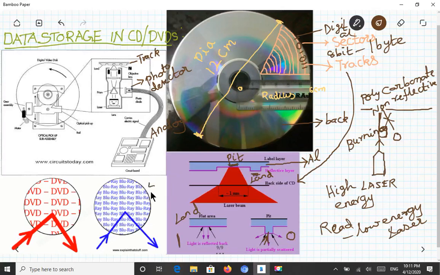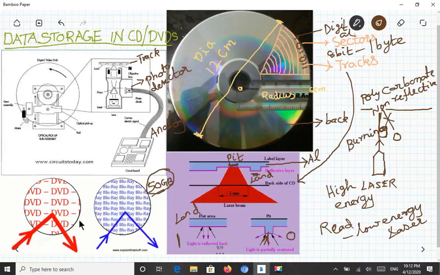which stores up to 50 GB. So that's what I recently know. So 30 to 50 GB. 50 GB normally the Blu-ray disc can store. So how has this much data been stored, and what is the difference between CD, DVD and Blu-ray disc, and why can we store this much data in a Blu-ray disc but cannot in a CD? So what is the difference, CD or DVD?